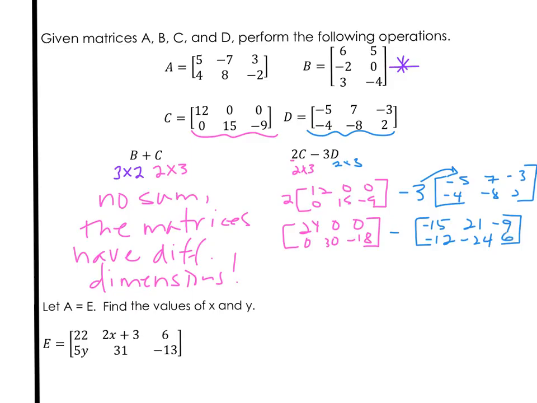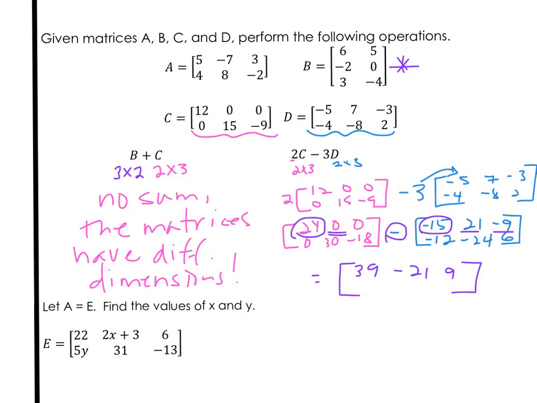Okay, so now to subtract the two of them, what I want to do here is just take those corresponding elements, but remember, you're subtracting. So in my answer, if I take 24 minus negative 15, that would be 24 plus 15, which would actually be 39. And then 0 minus 21 would be negative 21. 0 minus negative 9 becomes positive 9. So in row 1, I've got 39,